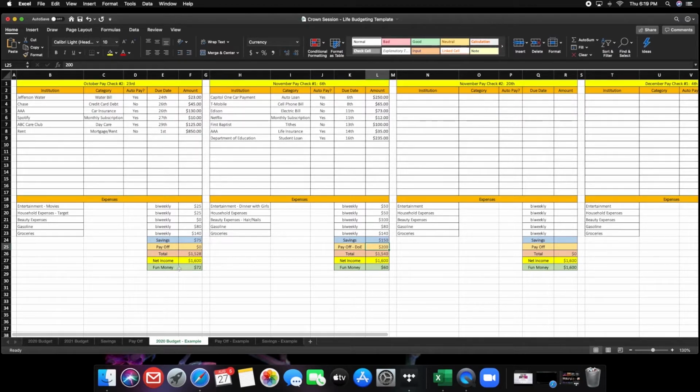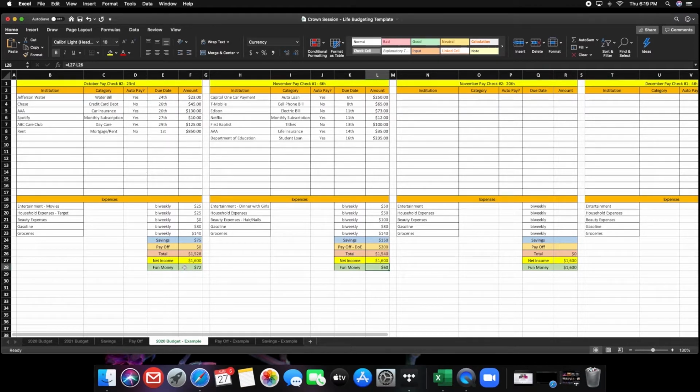So you notice last thing here you see is fund money. Now, fund money is after everything has been paid, all the savings, all the payoffs, everything, you get paid. So this is just fund money for you. So in this scenario, out of this paycheck, it's $72 here and it's about $60 here. That's for you to go do whatever you want with. Do you want to go and buy you a pair of shoes, an outfit, whatever you want to do,